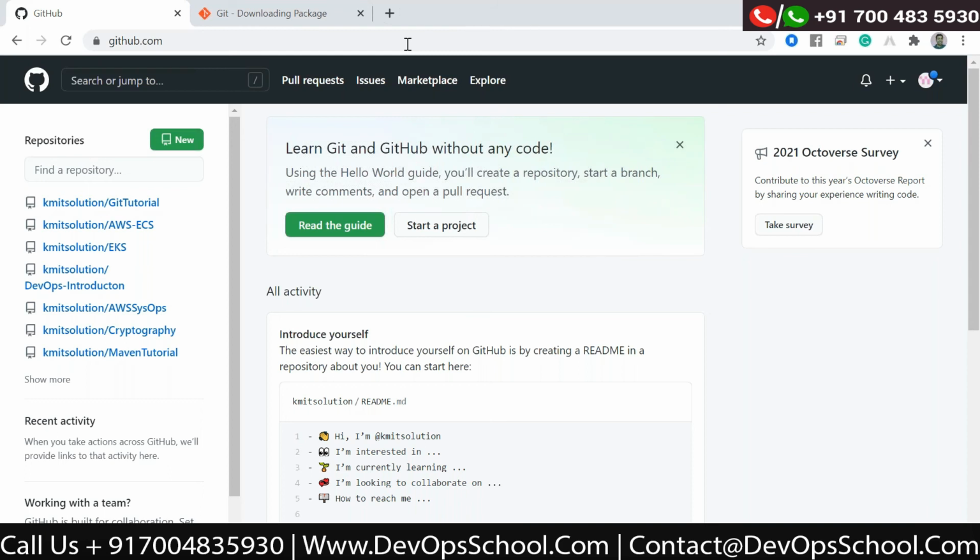So you need to create an account. After creating the account, it will ask for the email verification, so you need to do the email verification as well. Once the email verification is done, then you will be able to use this particular account. Okay, so this thing you need to do offline. You need to create an account.